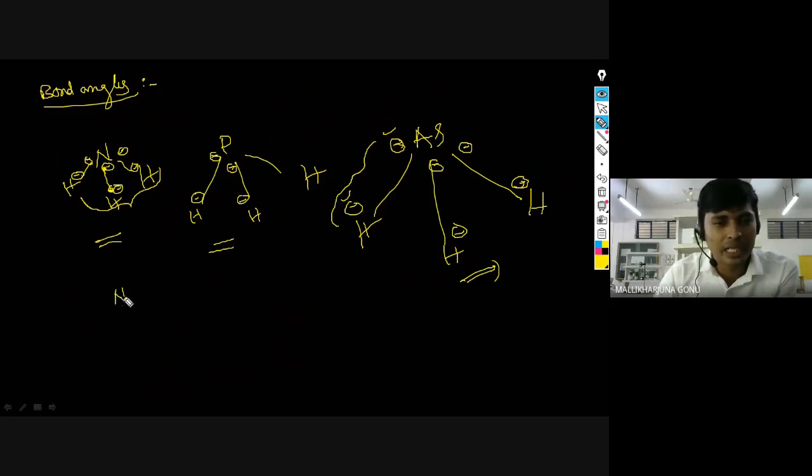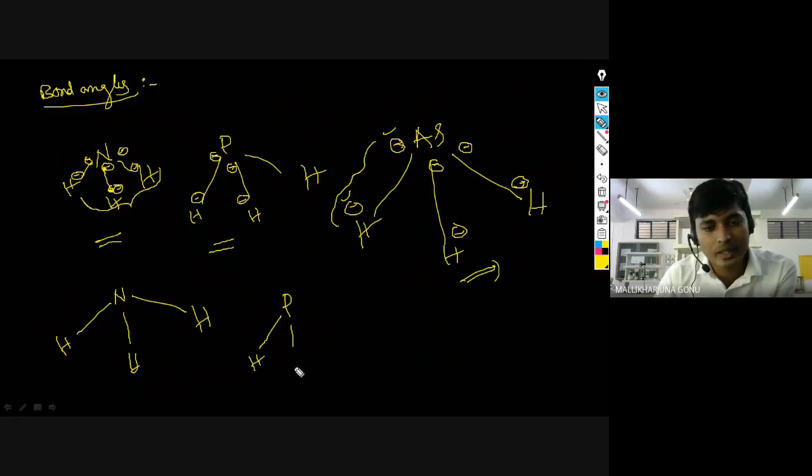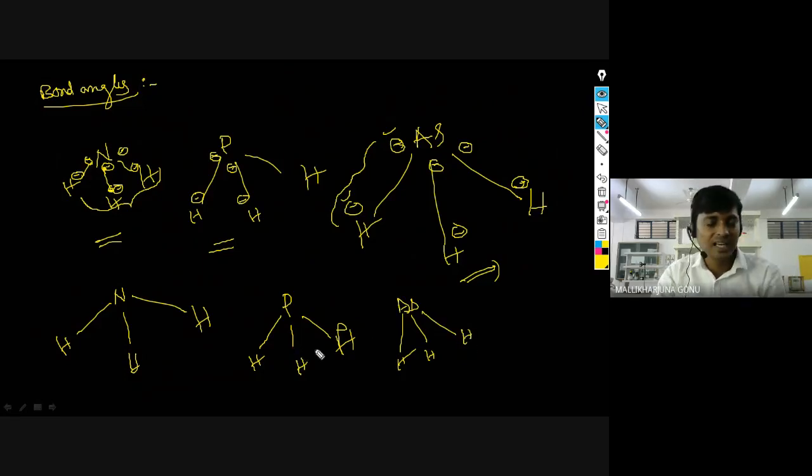So due to repulsions, nitrogen will have this type of larger angle. In the case of phosphorus, that much distance will not be there, so it will be somewhat closer. In the case of arsenic, this is H, even closer. As a hypothetical, I am saying the values are different, which you can check. As I am saying, no need to remember the values, but why it is happening, that concept you should know. Now you tell me which one has the more bond length, Rohini?